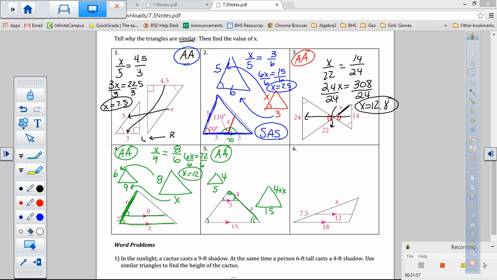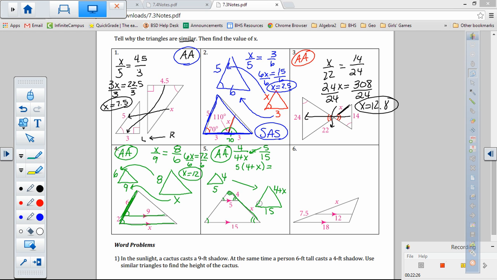So we have to set up a proportion. This one's going to be a little bit tricky because we're going to have to use some algebra to do this. 4 is to 4 plus x as, so I'm going this way, 5 is to 15. And I have to cross multiply. Okay? So I'm going to do this first. 5 times 4 plus x